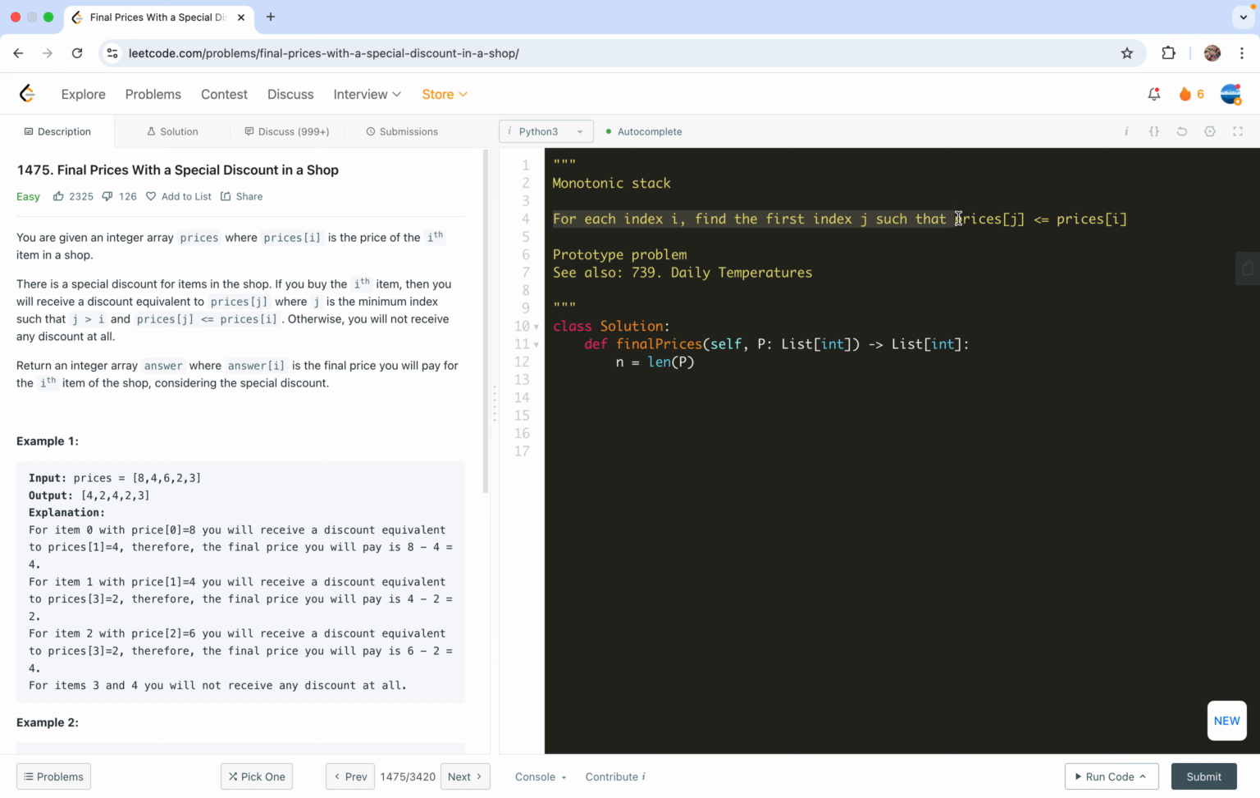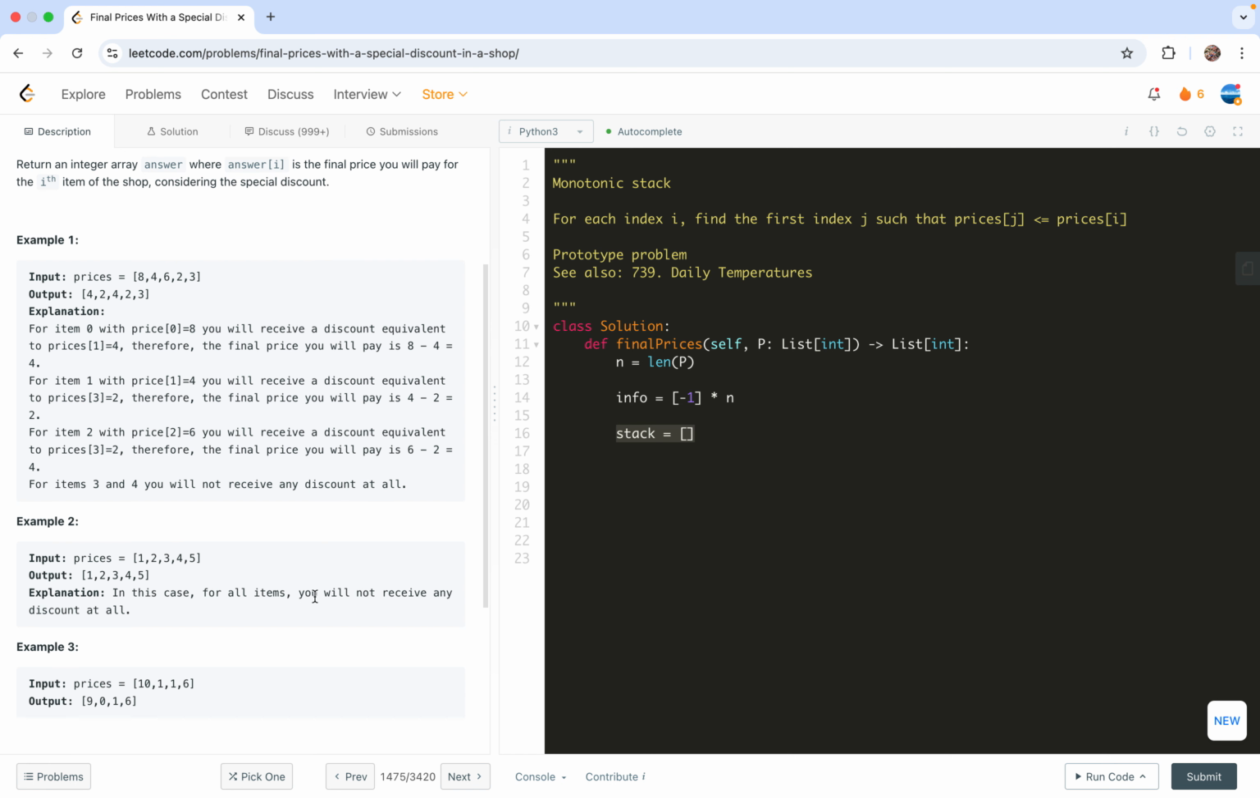So first, I want to find this piece of information. For each index, I want to find the right index G if there is one, such that this relation holds. If no such G exists, I'm going to maintain that to be, say, -1. So I'll call this information, and initialize each element using -1. Then I'm going to initialize a stack. This stack will be locally monotonic increasing. In this stack, we are going to store the indices,